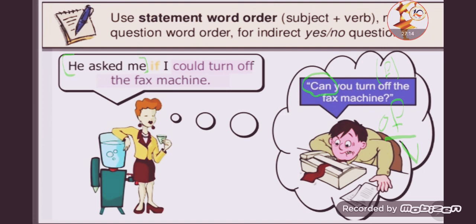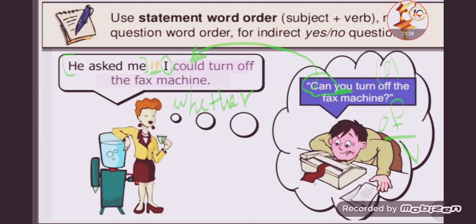He asked me، إذن هو سألني أنا. إذن اليو الموجودة هون شو بدها تصير؟ بدها تتحول ل I. But before I put it لازم أحط الconjunction اللي هي if or whether. تمام؟ if I والكان لإيش بتتحول؟ للcould. can turn off بتصير could turn off the fax machine. إذن he asked me if I could turn off the fax machine or he asked me whether I could turn off the fax machine. أوكي يا حلوين؟